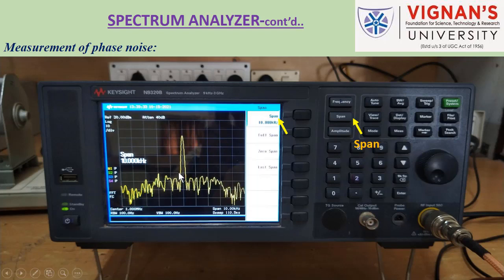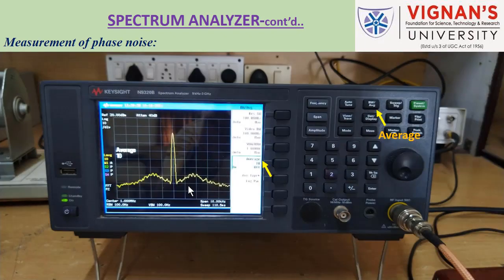We are visualizing the noise, and then we need to stabilize that particular noise. For that purpose, the average button is directly there on the display of the spectrum analyzer. You click on that one, and after clicking the average button, the average on/off option will come. We have to make it on.